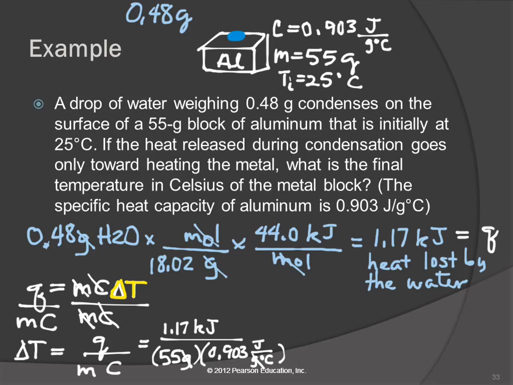Well, we need to convert, right? We need to convert kilojoules to joules. So what if we take off kilojoule and write what kilo stands for? Kilo stands for 10 to the third. And then we'll put the J back. Does it seem magical? It's not magical. All I did was I took K, and instead of writing K, the abbreviation, I wrote 10 to the 3, which is what it means. So now we have something we can do something with. So the joules cancel out, and those degrees Celsius will come up where they're supposed to be. 1.17 EE3 divided by 55 divided by 0.903 equals